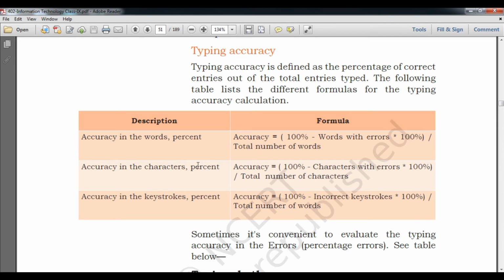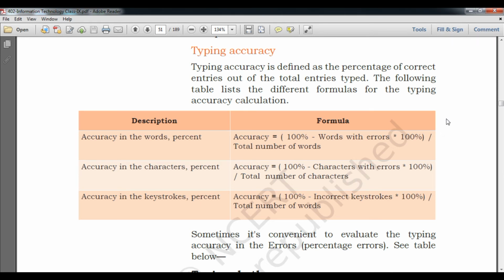Accuracy in character percent: accuracy equals 100% minus characters with error into 100 divided by total number of characters. Accuracy in keystroke percentage equals 100% minus incorrect keystrokes into 100% divided by total number of words.